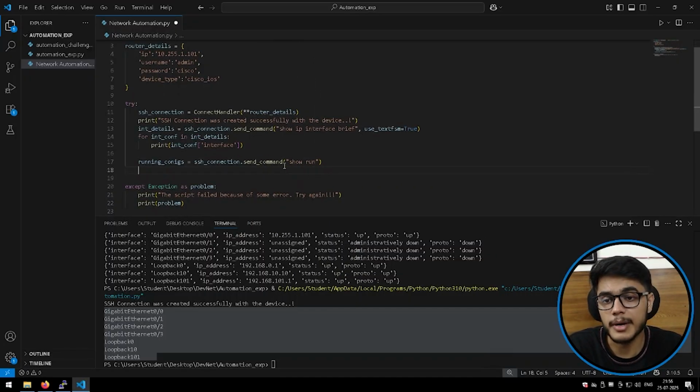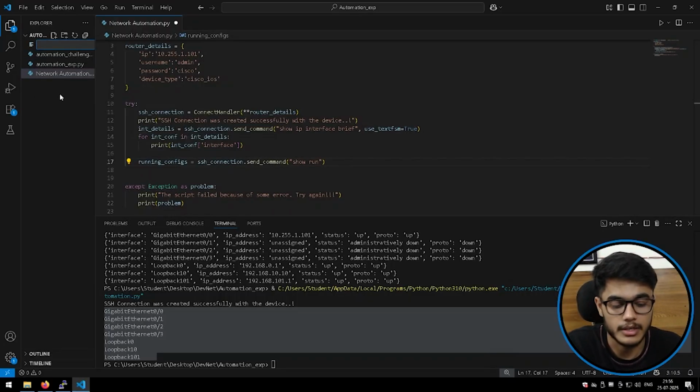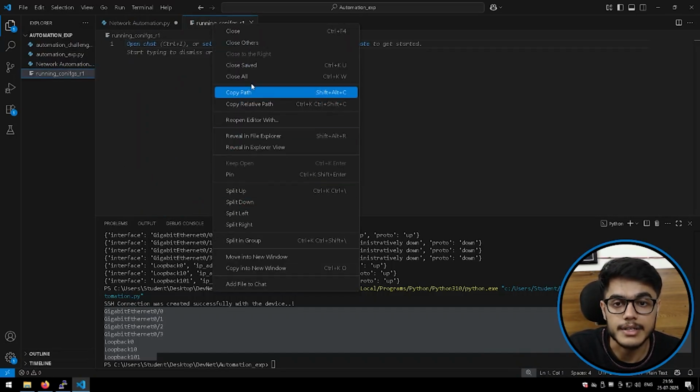But instead of printing the running configs in my terminal, I would like to send it into a text file. So I'll create a text file, probably called running_configs_R1. That's a text file. Then I'll right click and say copy path,